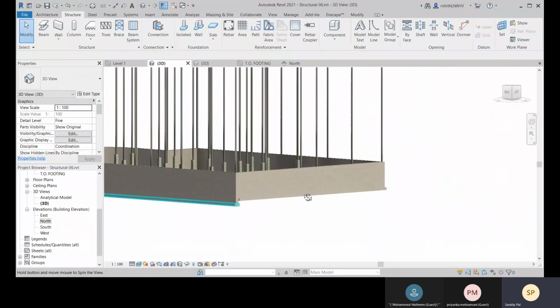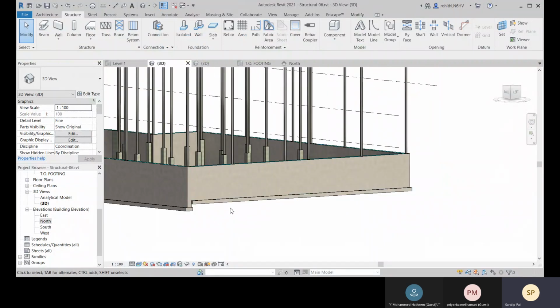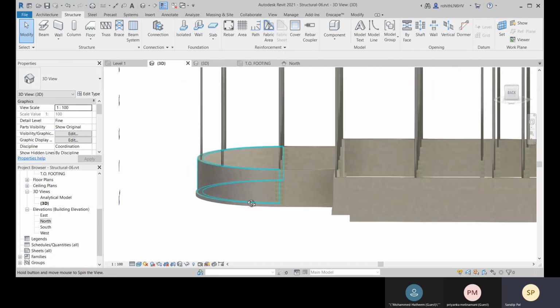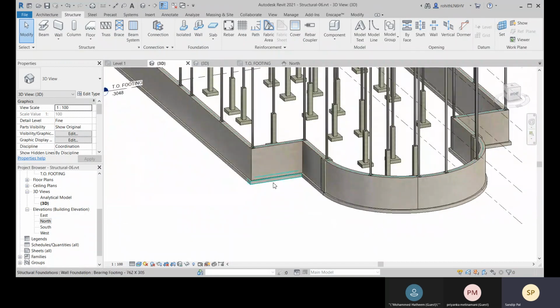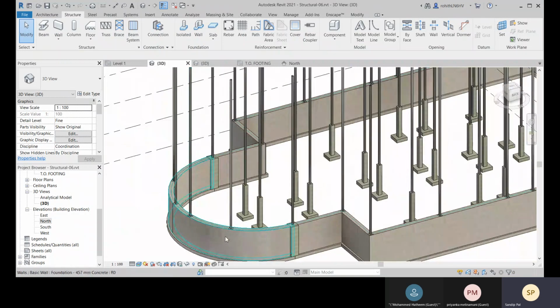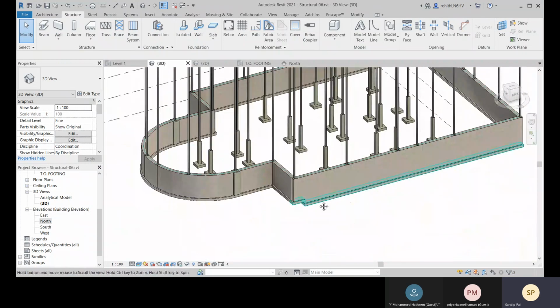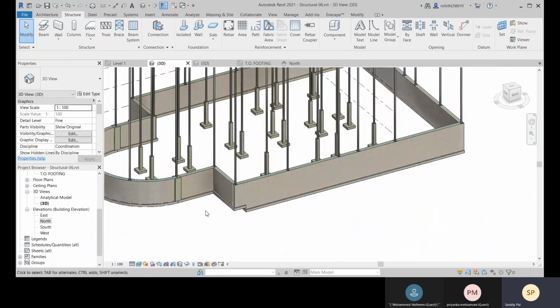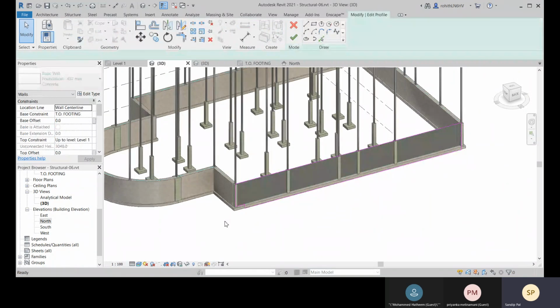All right. So there also you have to do it. So for all the walls you can do it. So this is one example. I don't have that much time to do it for all here, I'll demonstrate other things also. So you can do this same for all the walls. So this is how you can do your step footings here for your wall foundation. Let me just do it here.